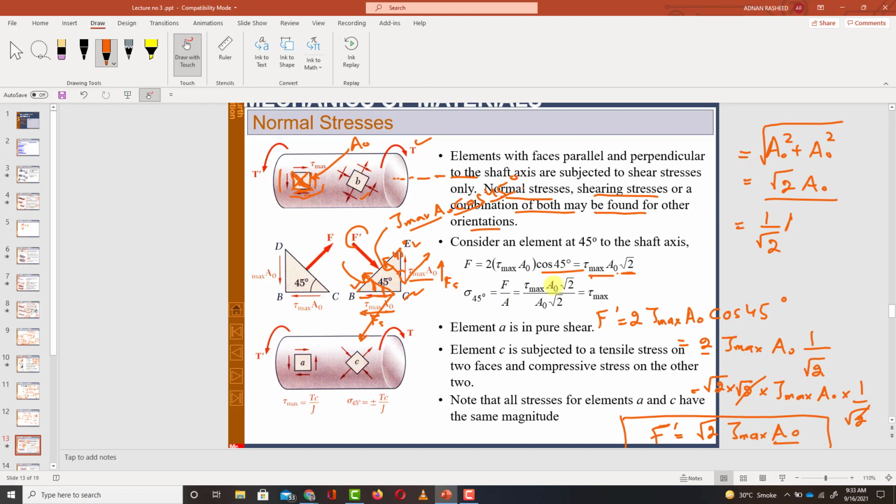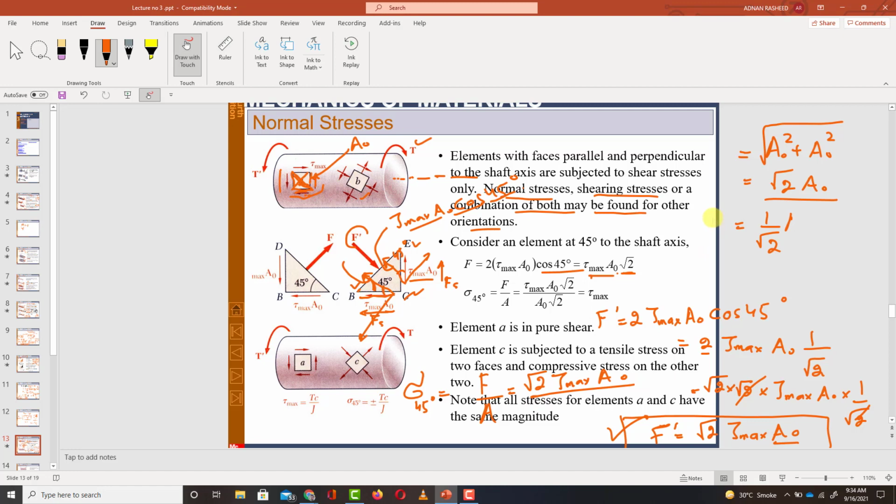So again, you have the area. Okay, so you have found the force. Now, since this is the normal force, you want to find the normal stress, and as this is cut at a 45-degree angle, the normal stress is at 45 degrees. We know that this is equal to F over A. Since it is F dash, you can write F or F dash, anything. So you know that normal stress is equal to force per unit area, and this force is equal to under root 2 tau max into A naught.